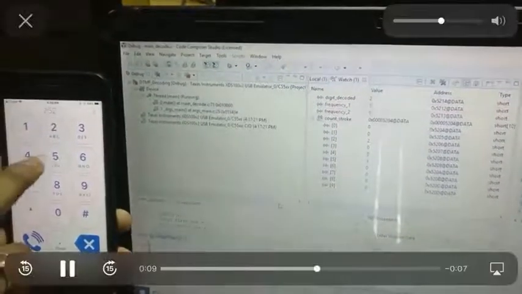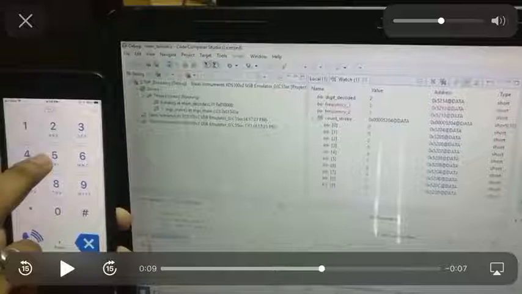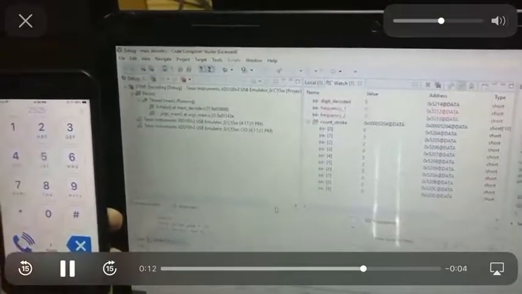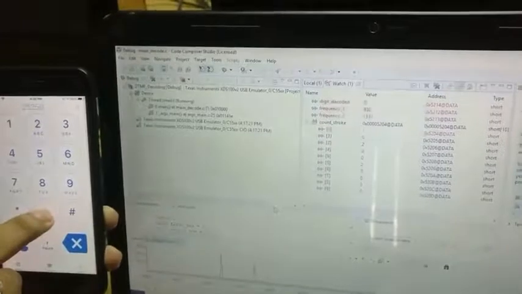Then I press 2 again, the count stroke gets increased and the frequencies are decoded and that digit gets decoded. 5 again, so the count stroke for 5 has increased. 0, count stroke for 0 has increased and the digit has also been decoded as 0.